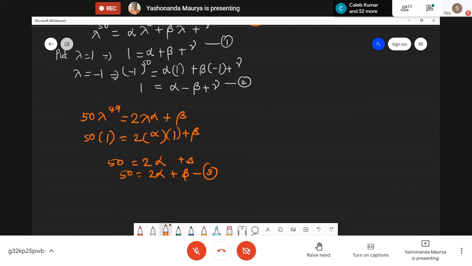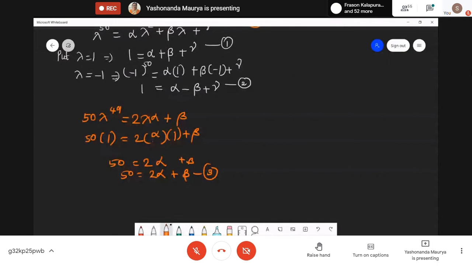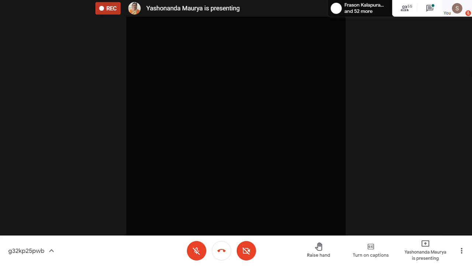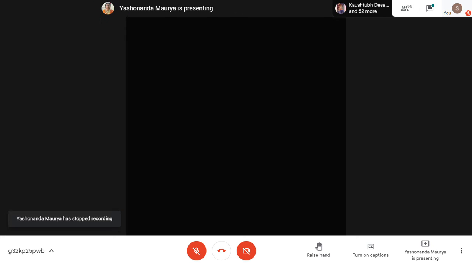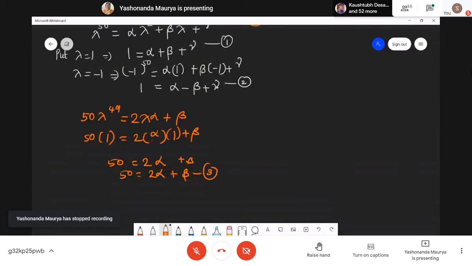And one more type of question that is expected is verification of the Cayley-Hamilton theorem and solving various expressions of A using the Cayley-Hamilton theorem. So this is all we have in this. It is 11:47. What I can suggest is, actually my target was to start with a new chapter. So this is what we have.